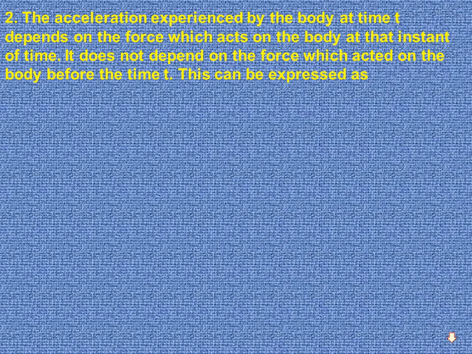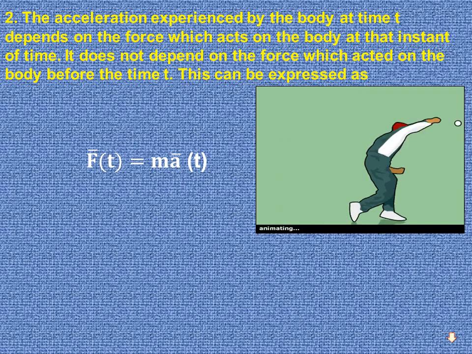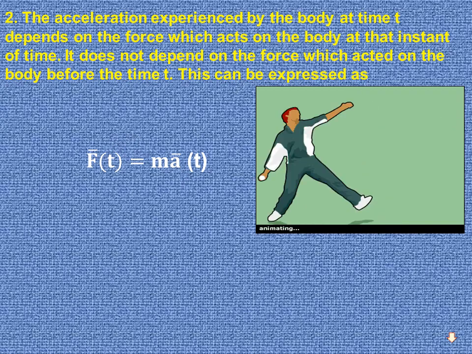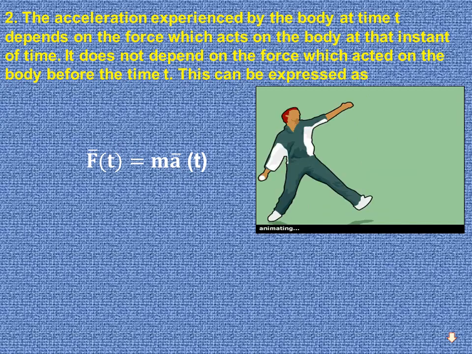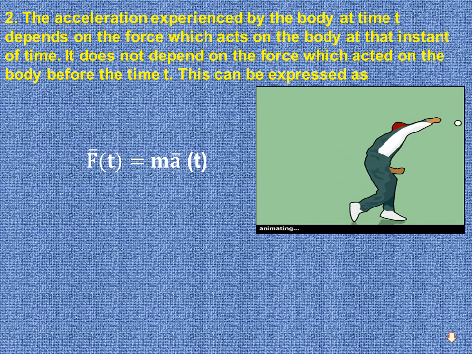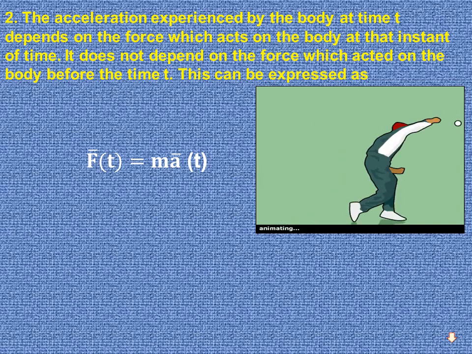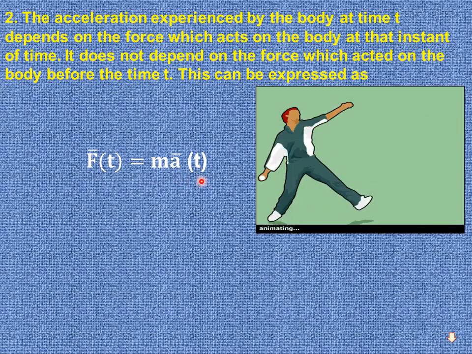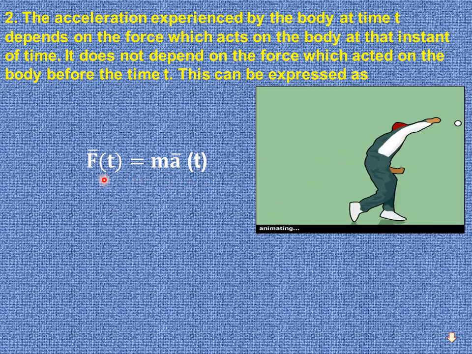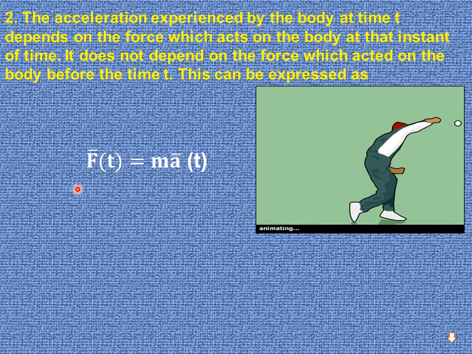The acceleration experienced by a body at time t depends upon the force which acts on the body at that instant of time, and it does not depend upon the force which acted on the body before the time t, which is expressed as F(t) = m a(t). That means force with respect to time and mass into acceleration with respect to time,